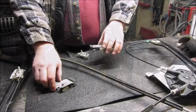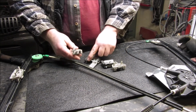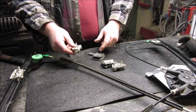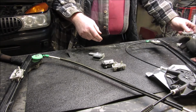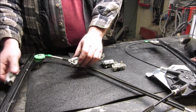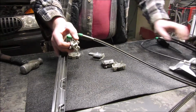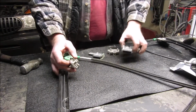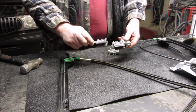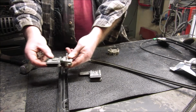Well, YouTube, I was able to pry this off here without hurting it or damaging it too much. Now I could just flip it around and do what I need to do, but I'm going to keep this as a spare, and I'm going to go ahead and grab these new ones. I already put one on here. Let's see if I can find a better way of doing this here. And I'm going to pull this one off just to make sure that these are exactly the same, because I don't know,